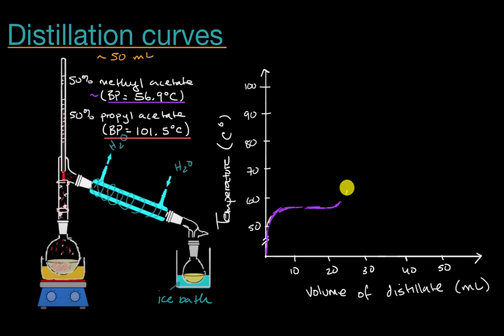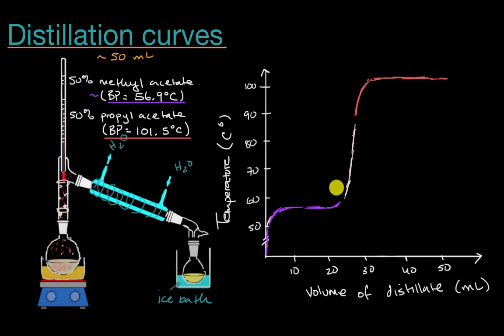You're not seeing a lot of new distillate, maybe a little bit more form, and you are getting more and more of the propyl acetate. So this especially is going to be a mixture of vapors. You're kind of getting the last of the methyl acetate, but you're getting an increased amount of propyl acetate. But once you're hot enough at the boiling point of propyl acetate, so about 101 degrees Celsius, then you start producing a lot more of your distillate. And this is essentially the condensing vapors of propyl acetate.